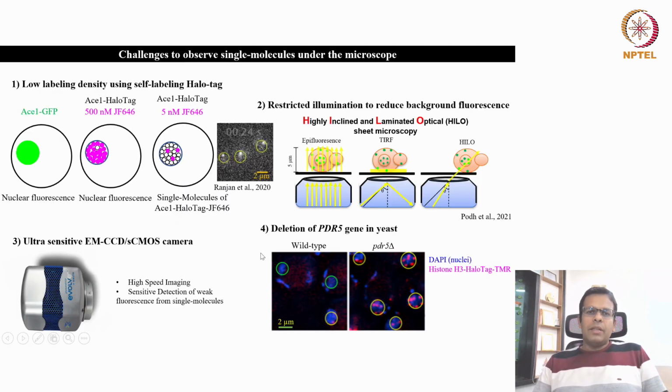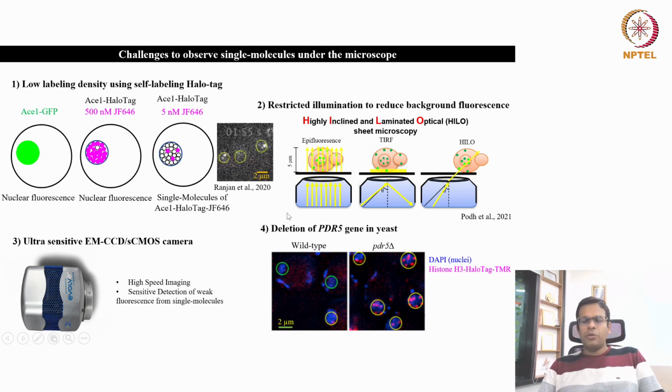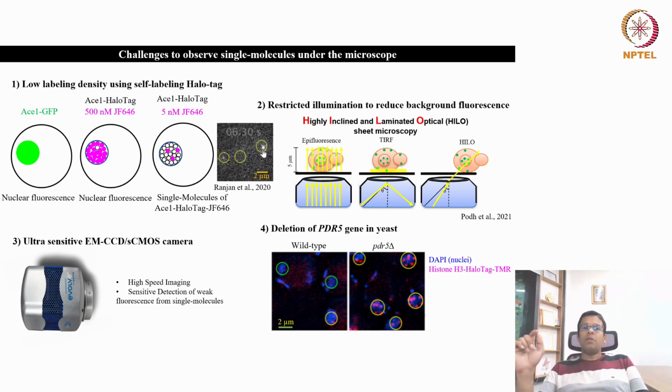so here you can see the representative movie in which 3 yeast nuclei are shown. And as I mentioned, in nuclei, you are seeing just 2 or 3 molecules. That doesn't mean that for this protein, only 2 or 3 molecules are present. There are thousands of molecules present inside the nucleus, but you have fluorescently labeled only 2 or 3 molecules so that you can individually see them and you can individually track them, how they are moving, how fast they are moving, in what direction they are moving. Okay.